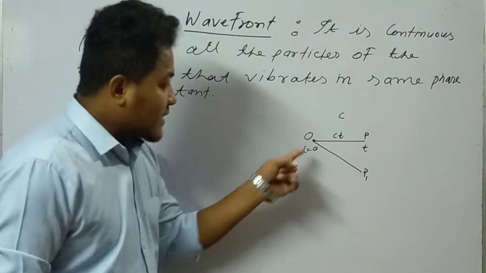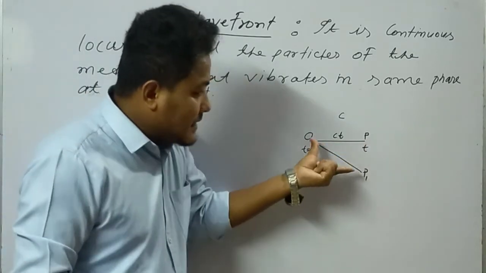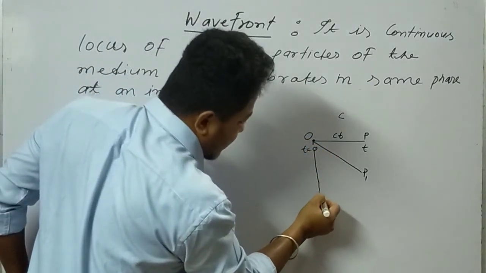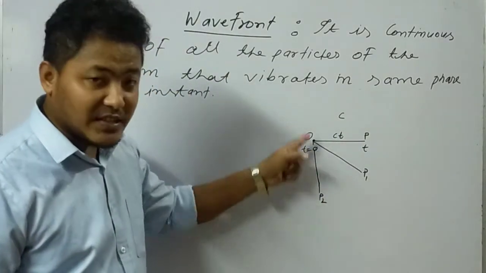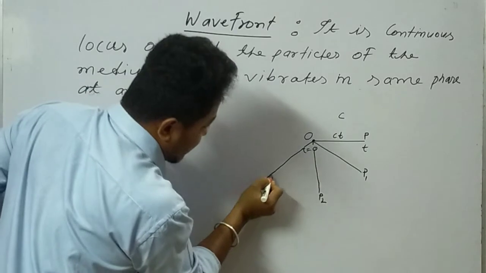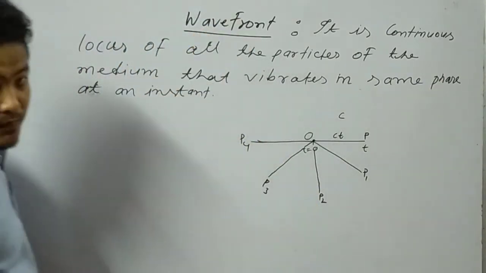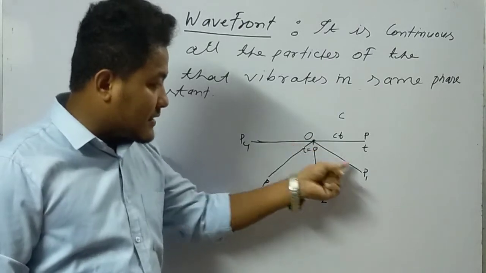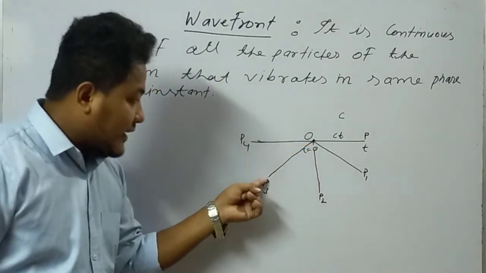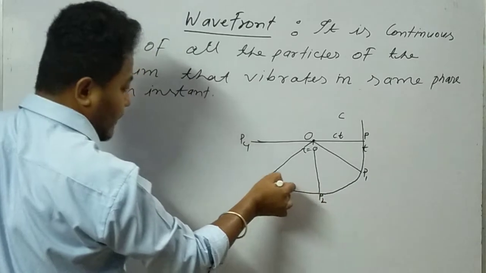Now we'll consider again the same radius ct from here, ct from here, ct from here. If you consider this much radius ct, then this will be the p1 point. Again, suppose this is the p2 point, and again we have considered the distance ct. So this is suppose p3, and like that this is p4, and it will continue. Remember, all the distances from this point p up to p1 is ct. That means up to this point again ct, up to this point again ct. Now if we simply join all the points by a curved line,